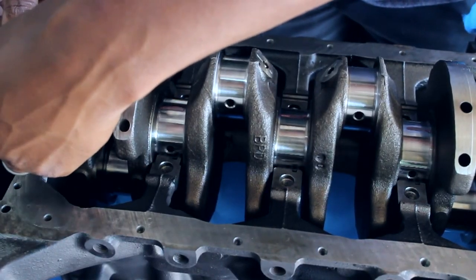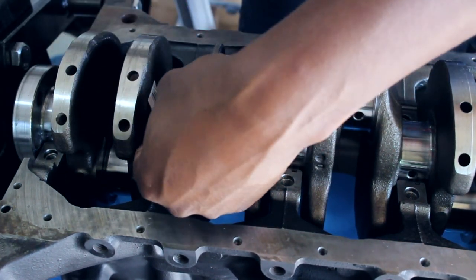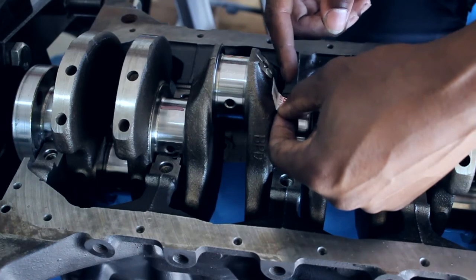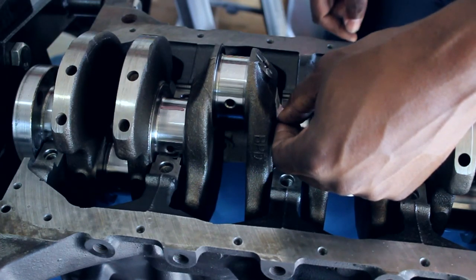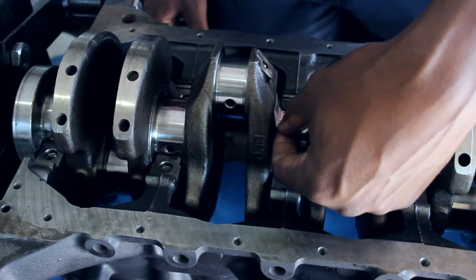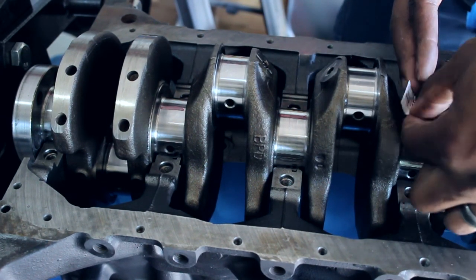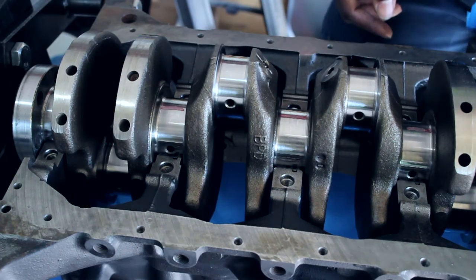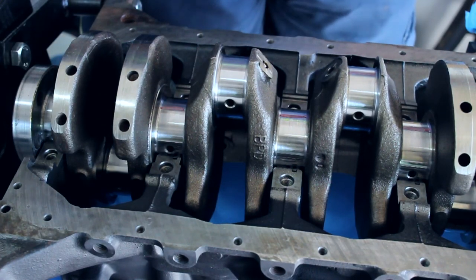Number 5 looks good. It's on the Plastigage reading at .002. Number 4 is .003. Number 3, it's in between .003 and .004, so it's probably like .0035. Number 2, .003, and number 1, we'll go with .0035. And that's actually really close to what I measured using the other method, using a micrometer